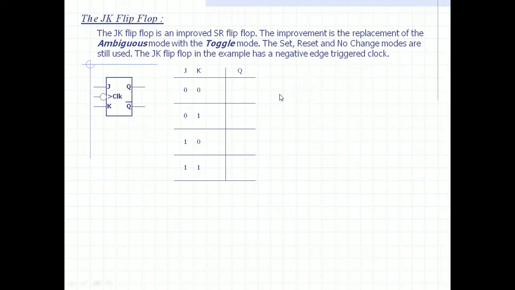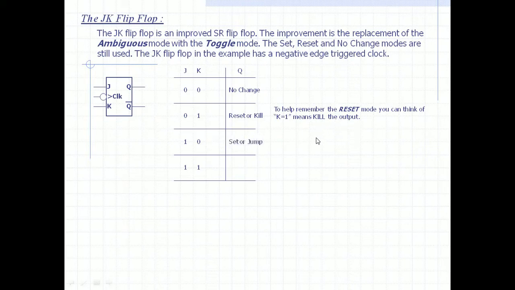So let's get started. This is no change, as we all know, because this is equivalent to SR, as I said, and 0 1 is reset or kill. In SR we call it reset, or we can say kill. So for this K, you can remember it as kill. To help remember the reset mode, think K equal to 1 means kill the output.